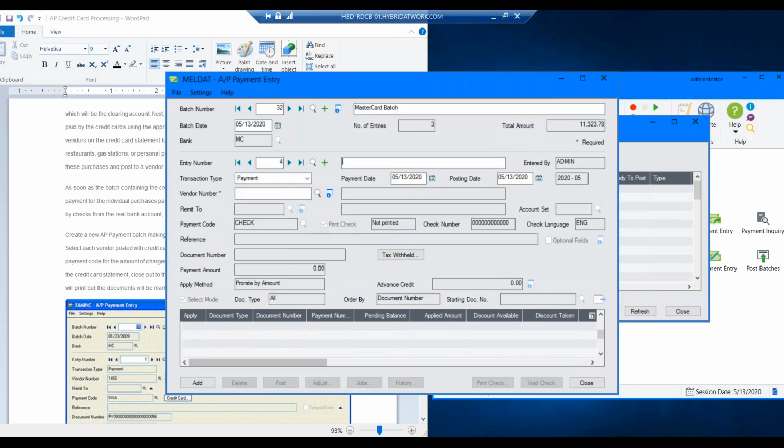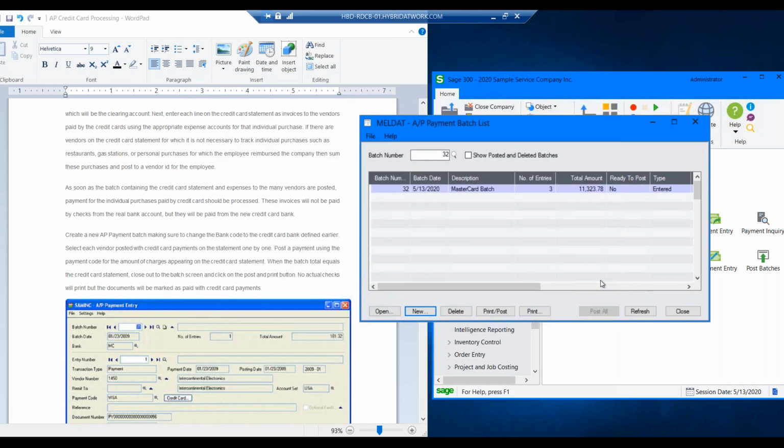What this is going to do is just all of the expenses that I had on my credit card. This doesn't equal the $20,000. I'm not going to show that reconciliation process, but this should equal the amount that you put in for your monthly credit card statement. Once I post this,